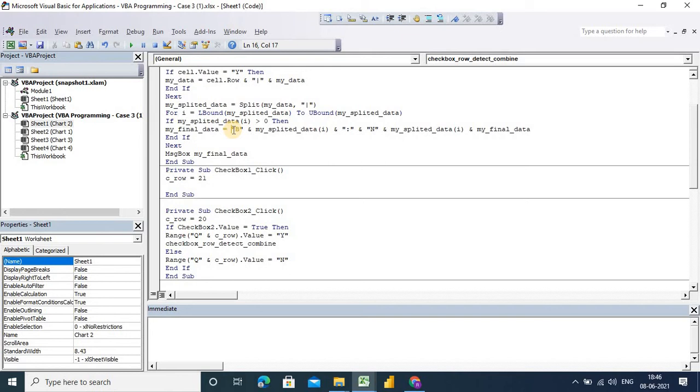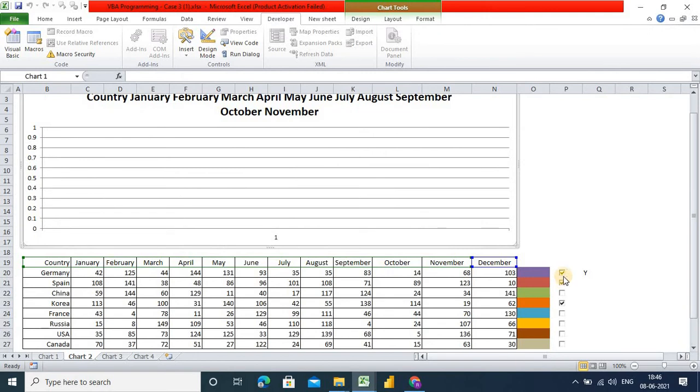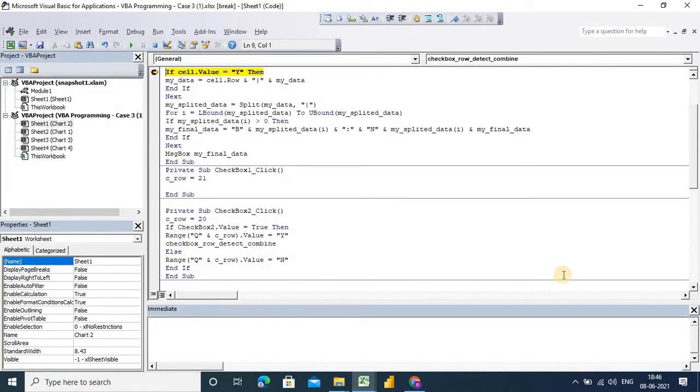So first of all we'll have to read it one by one. Okay, so I am just putting a breakpoint here. Now I am running again, now pressing F12. Now you can see my data is 20. This is basically because of the separation of this. I know how to solve this, but that's why I am showing you again. You can see my final data is this. So that's why it's showing these types of error. So don't worry, we can simply solve this.